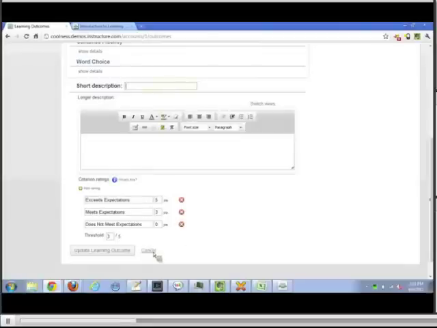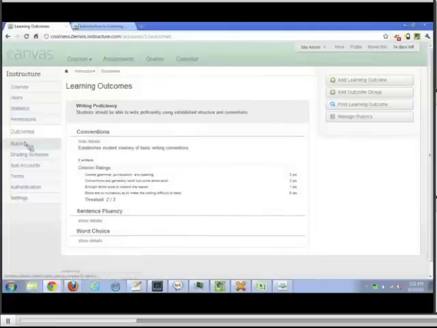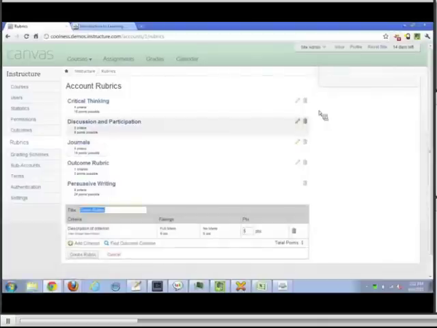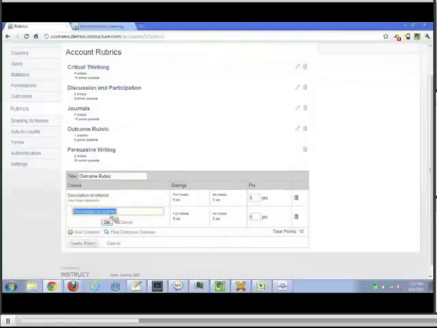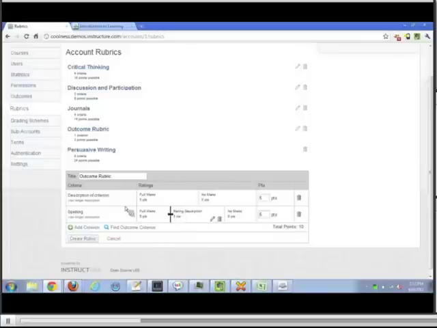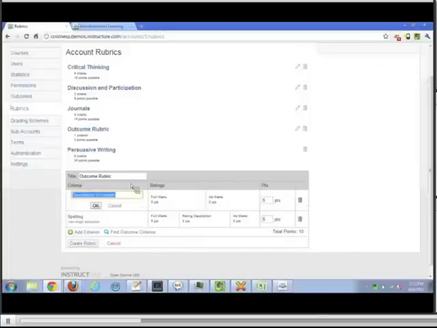Let me go ahead and jump over and show you what that would look like to add a learning outcome to a rubric. So we'll go to the account level rubrics, and we'll just go ahead and start adding a new rubric. Call this our outcome rubric. When you build rubrics inside of Canvas, you can have any number of rows inside of the rubric. And what's interesting is that you can actually have a different number of columns for each row inside of the rubric. So I can say for this first one,